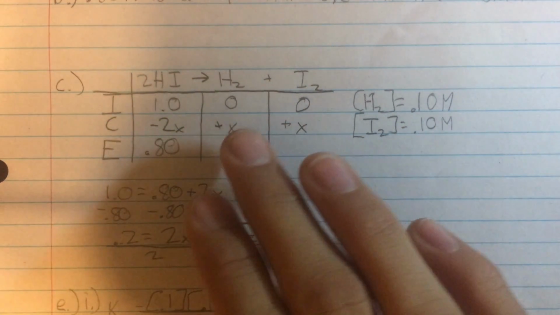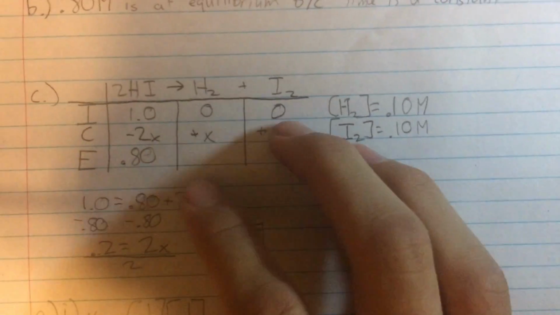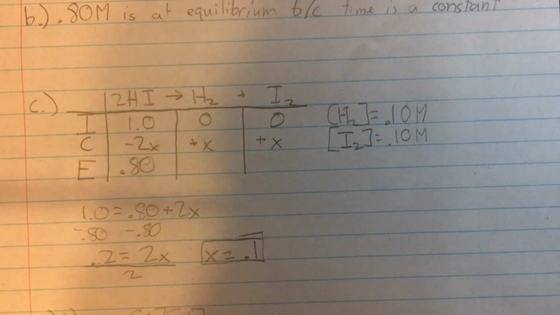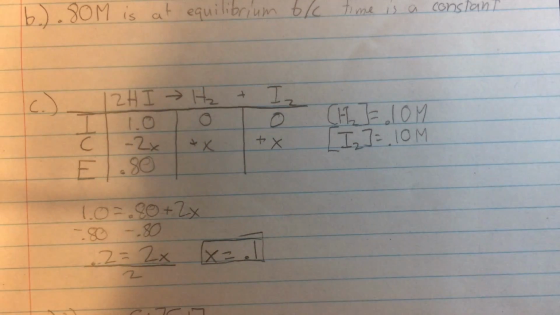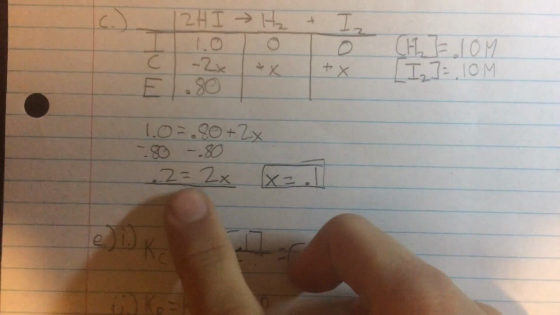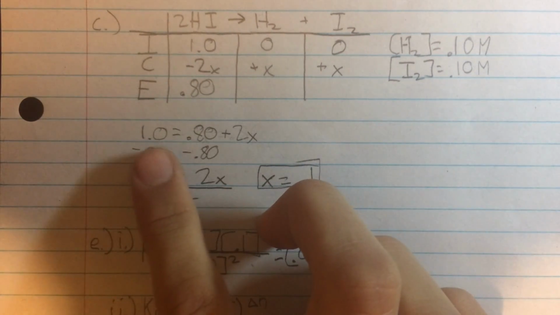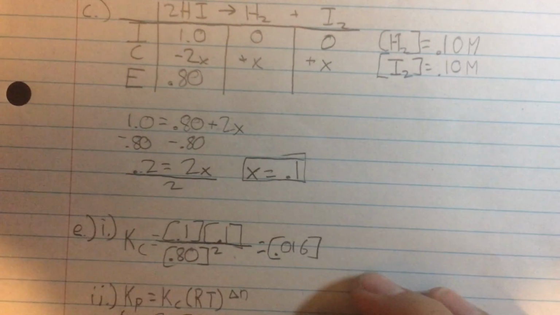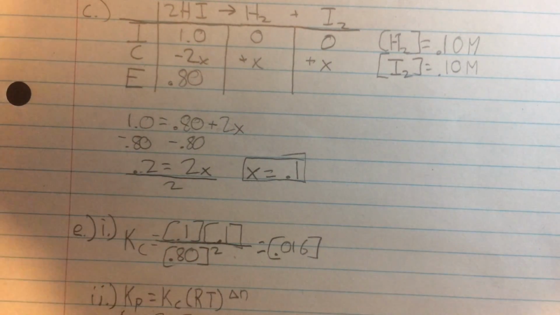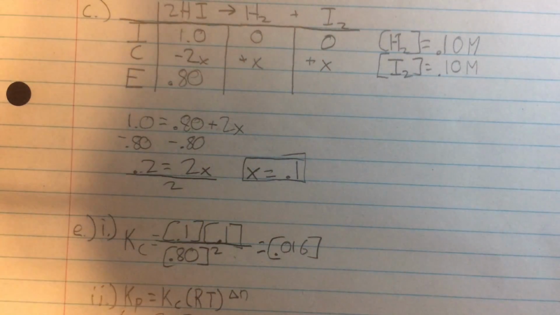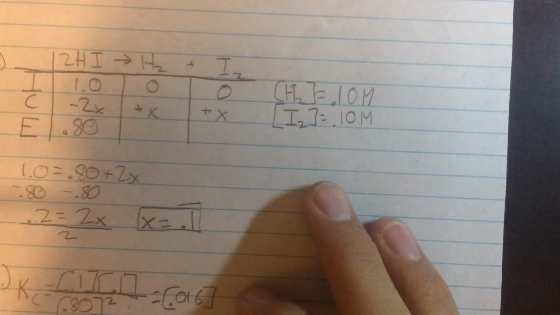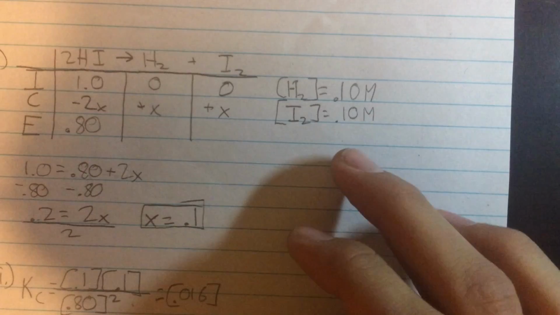Now, all of our products are 0. So we put 0, 0 for H2 and I2. And it's plus x because all products are plus and the coefficients are 1. So we have the equation here. 1.0 equals 0.80 plus 2x. And if we subtract 0.80 from both sides, we have 0.2 equals 2x. We divide 2 out from both sides, we find that x equals 0.1. So that is the answer for H2 and I2, 0.10